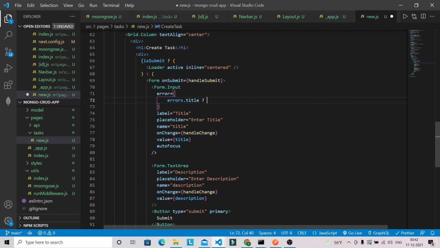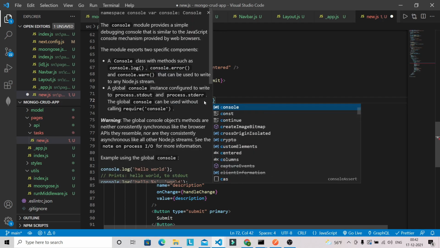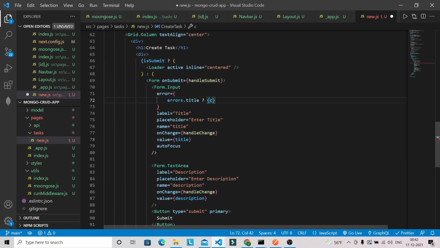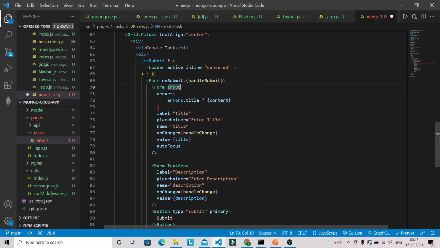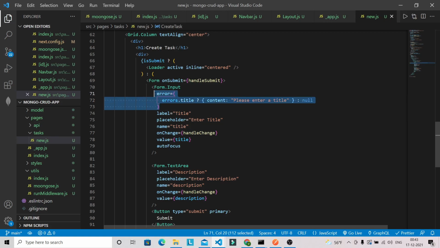We can specify content here, and you can also override the message if you want. So for content, you can give something like please enter a title. Else, if you don't have an error, then you can specify null.